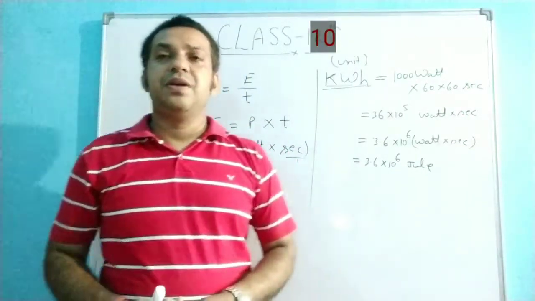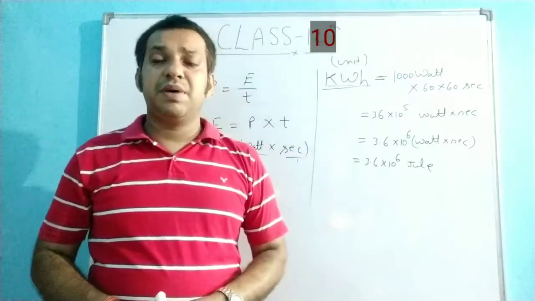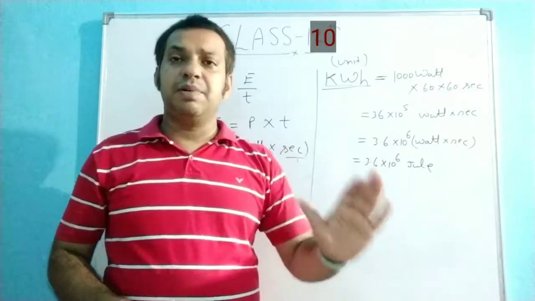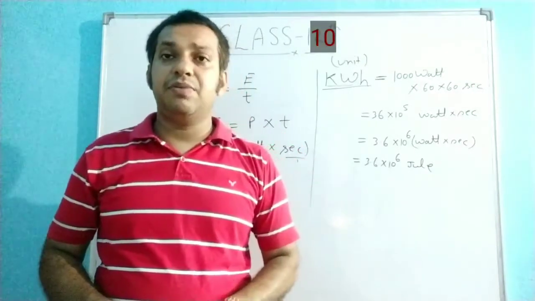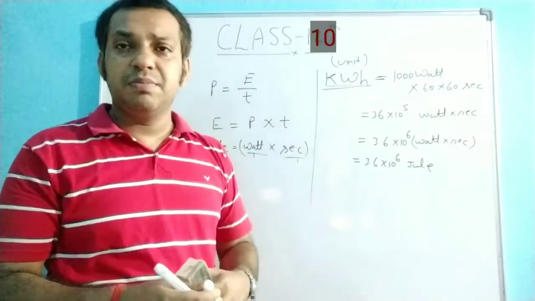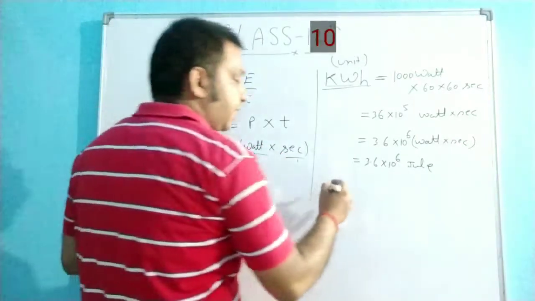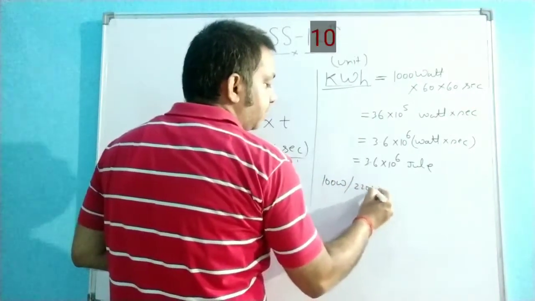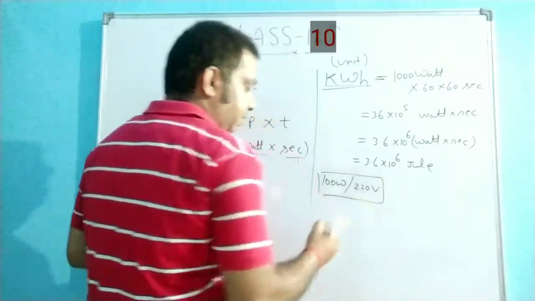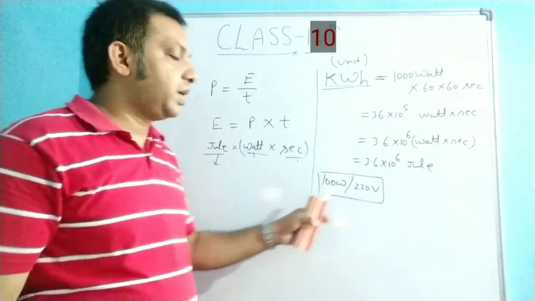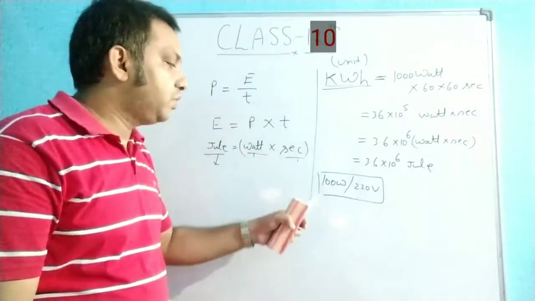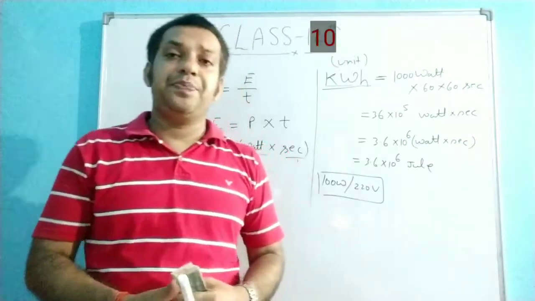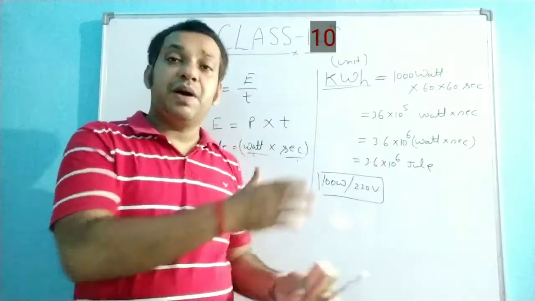Now the question is how you can minimize the energy consumption of your house. You know that every household appliance has a power rating. Power rating means if you purchase a bulb, it is mentioned as 100 watt, 220 volt. Here you know the unit of power. So if you are using appliances that have a high power rating,